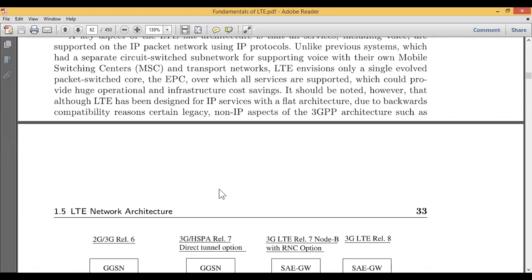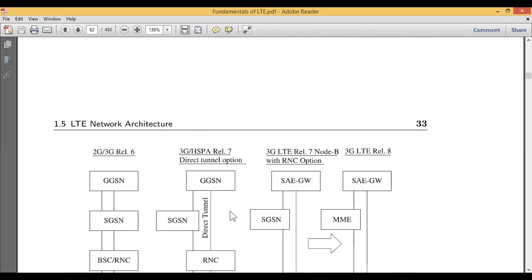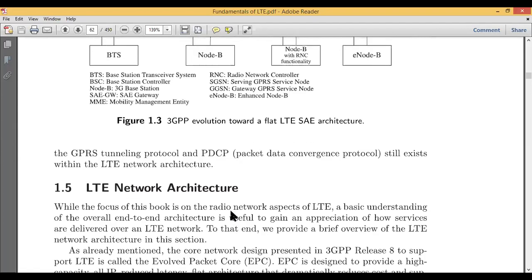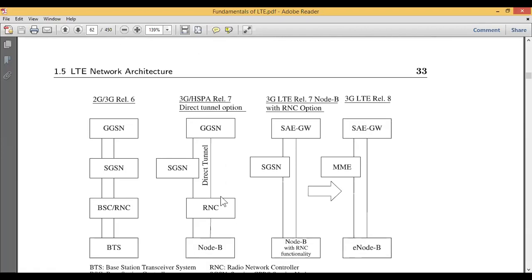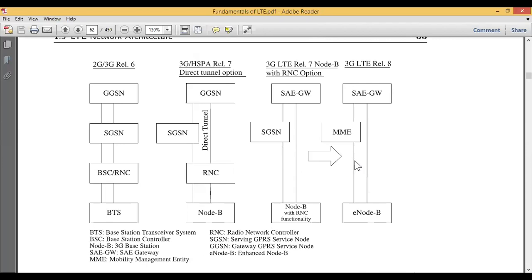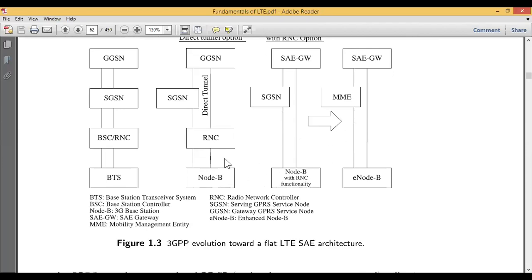Therefore, to support even non-IP packets, we go for the actual LTE network architecture, where we can see it supports a lot of options, a lot of releases are available, and a lot of blocks are there which support proper signaling. All the data that is transmitted and communicated will be received very properly. So with this flat network architecture, I will conclude this small topic of LTE in today's lecture. Okay, thank you.